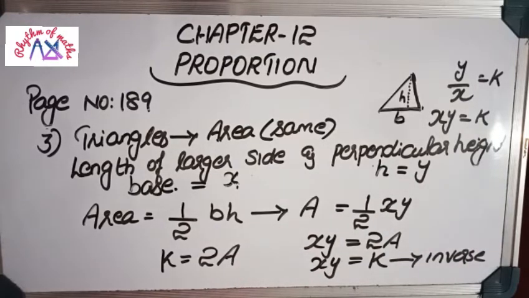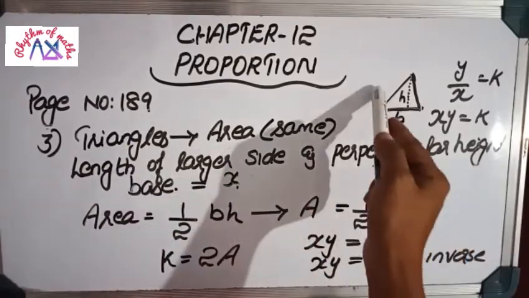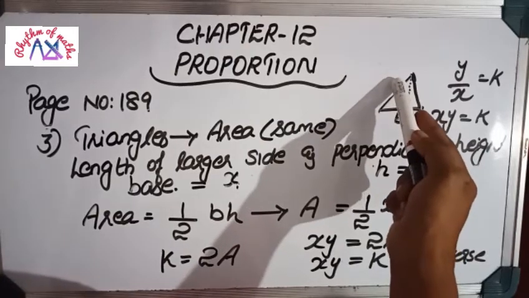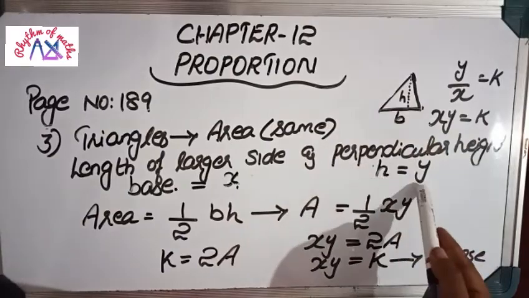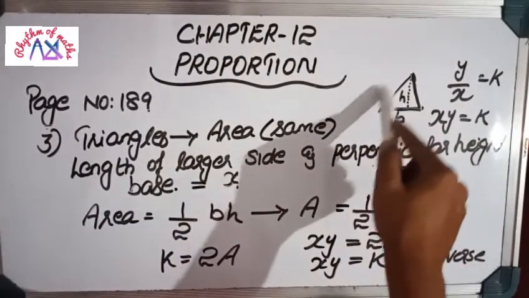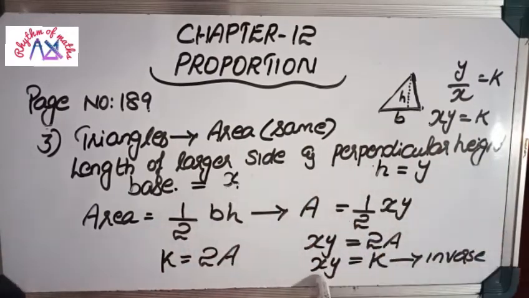Okay, so this is the third one's answer. This is the first sub question. Two sub questions are there. Now try to do the third sub question. Same, but instead of the length of the larger side, we have to consider the smaller side. If we consider the smaller side as the base, then its opposite vertex to the smaller side will give the height. Again we will get the same answer, because x is the same, height y is the same, same equation we will get. That also will be in inverse proportion.